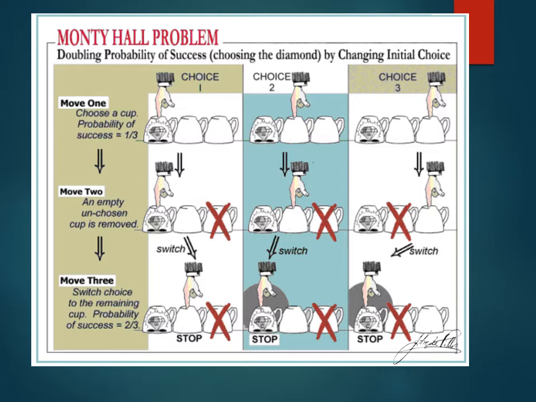So if you were to switch, in that case, you would actually switch off of the prize and you'd be SOL, right? In the other 2 circumstances, if you were to pick ones that had no prize underneath and they were to eliminate the other one, in both of those circumstances, you switch over to actually pick the prize. So 2 out of 3 times, you're making the right decision, and that 33% of the time, you're not going to get anything, right? So your chances are actually better than if you were to just stay with that same option the whole way through.